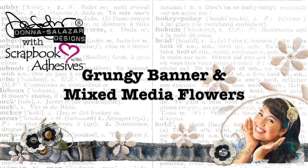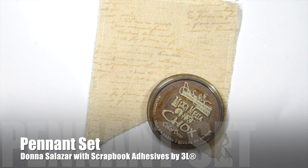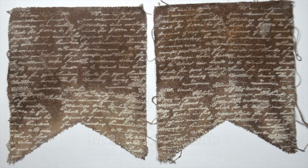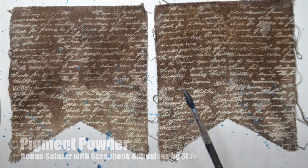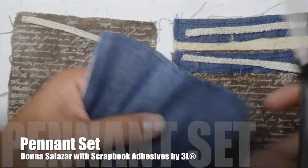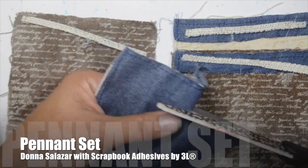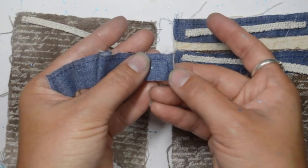Today I'm going to be sharing a grungy banner and mixed media flowers. I'm starting with the pennant set again, and I've used a little bit of mixed media inks and chalks on one of them, and then my mixed media inks and embossing powders on another, and did the same wash with the pigment powders. I've been using the canvas pieces from the pennant set, but these denim panels are also in the